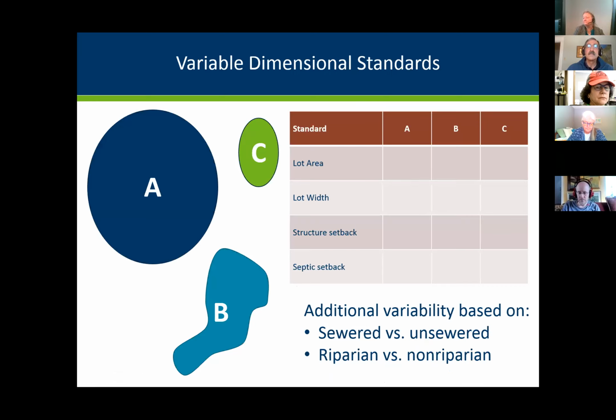So all of those basins and streams are classified. There's a classification process that was established along with our rules, recognizing that larger water bodies are just more resilient to pollution and land developments. So those can be developed more intensively than your smaller water bodies, by and large. Based on what classification the water body is influences the lot area, lot width, structure setbacks, as well as